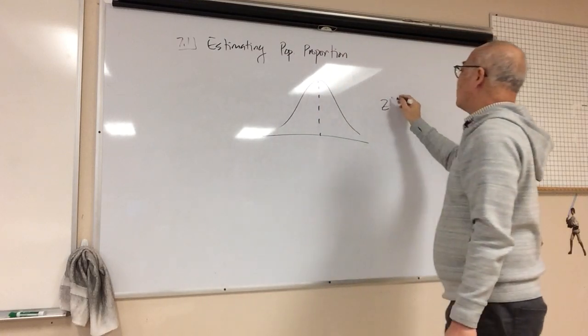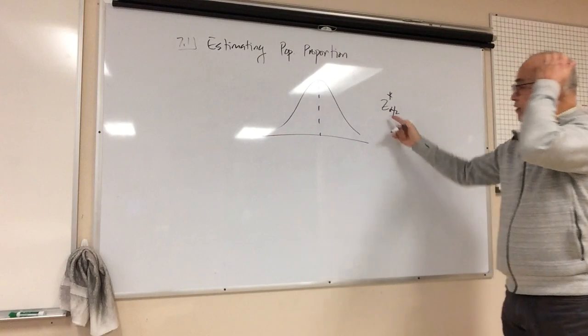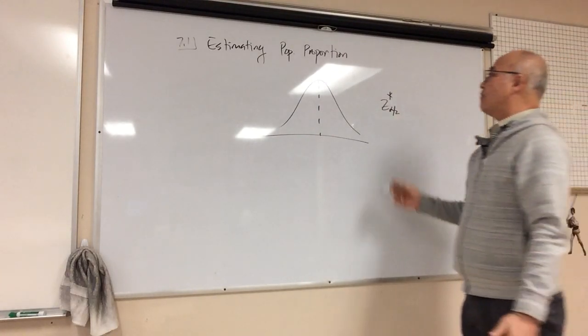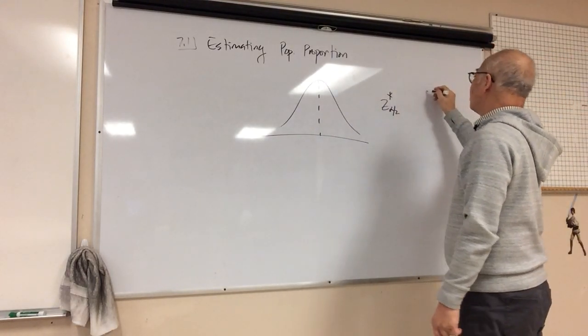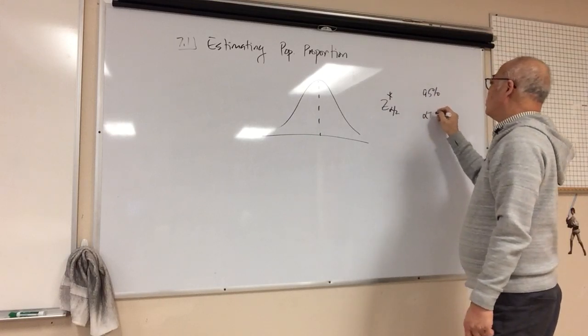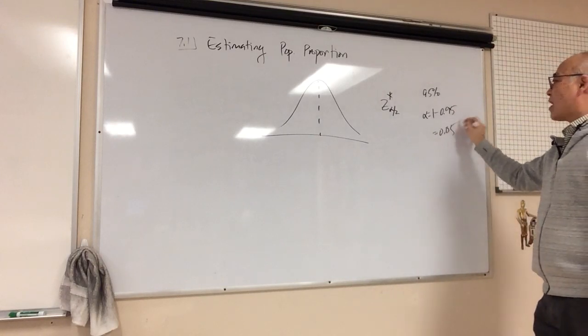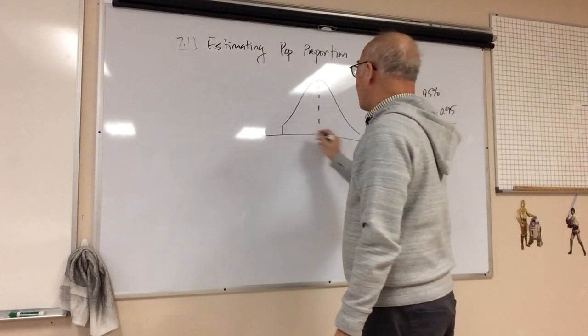Critical value, sometimes starred, alpha divided by 2. Let's say our confidence is 95%. Our alpha would be 1 minus 0.95, which is 0.05, which means that if I put